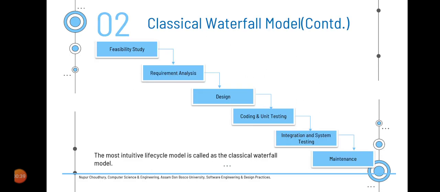So, if we represent the classical waterfall model in a diagrammatic form, we will have feasibility study followed by requirement analysis, followed by design, coding, and once coding is complete, you will carry out the testing and maintenance. It is the simplest and the most intuitive development style, where intuition is mostly used as an exploratory style of development. Even though this model is very easy to understand, and if we understand this model properly, it becomes easy for us to understand the other models.